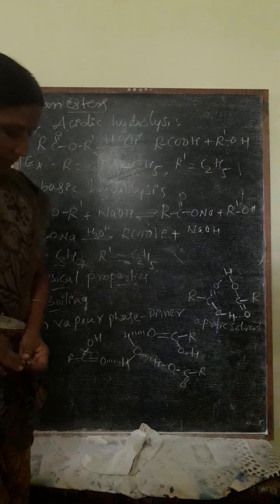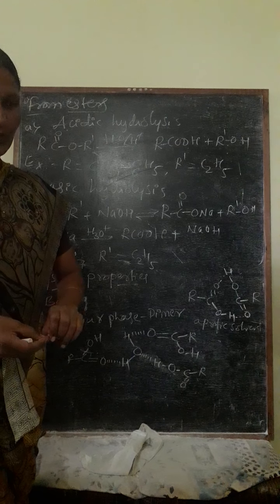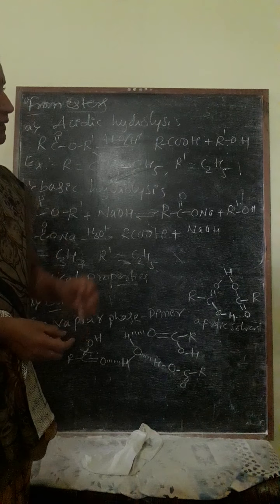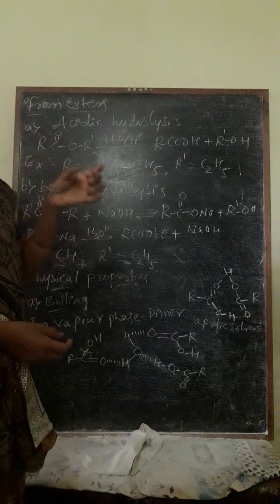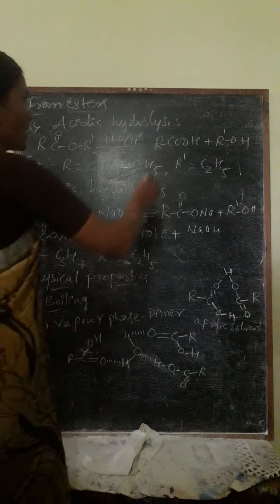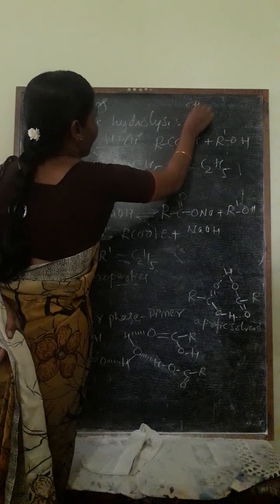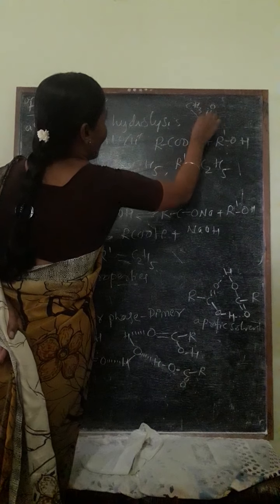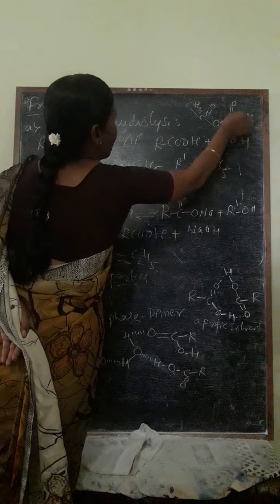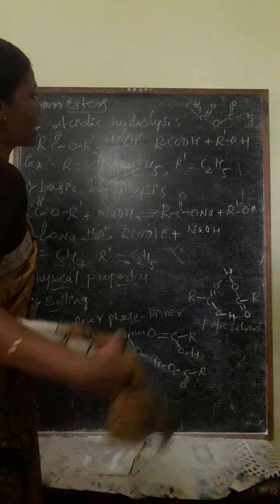Dear students, already we have completed a few of the chemical reactions, that means preparation of carboxylic acids. In the last class we have prepared carboxylic acids from acid chlorides and anhydrides. For the anhydrides, we have taken the example of acetic anhydride. Acetic anhydride formula is CH3CO twice O. This on hydrolysis definitely gives carboxylic acids.